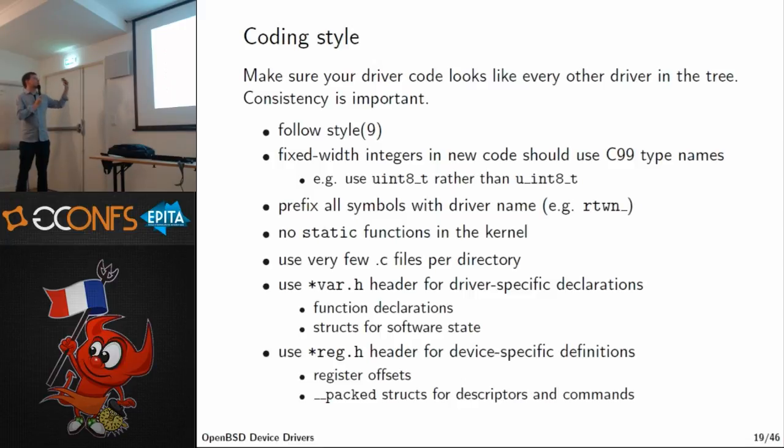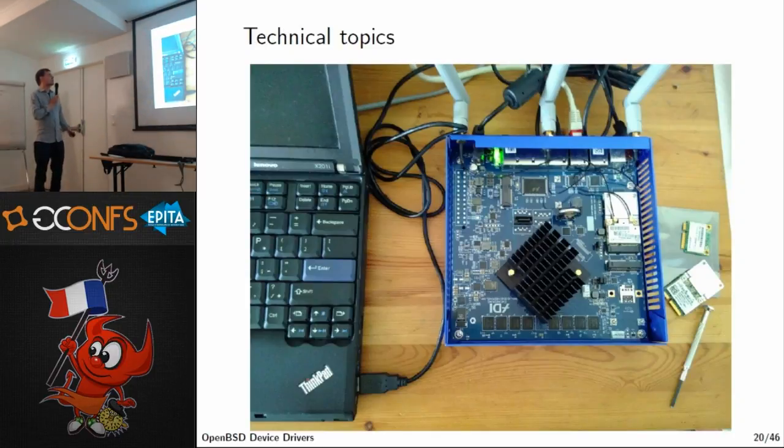Yeah, make sure to follow coding style. There's a man page for this. There's some other points here. We tend to use very few C files per driver. Other systems tend to have like a subdirectory with many C files. Those are just like little things you'll see also when you look at the existing code. Just try to make things as consistent as possible with what's already there. If you're porting a driver from FreeBSD that has like 10 files, try to merge them, for example. Okay, so far the process stuff.